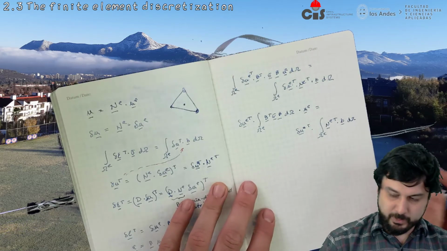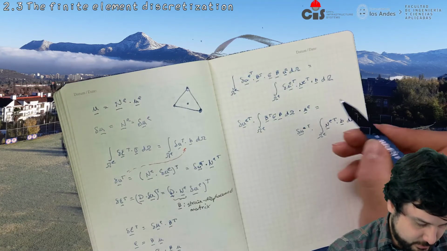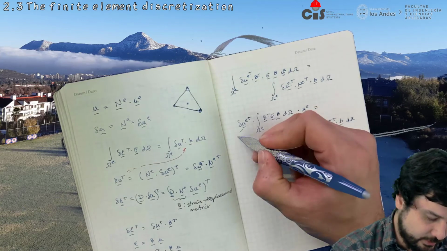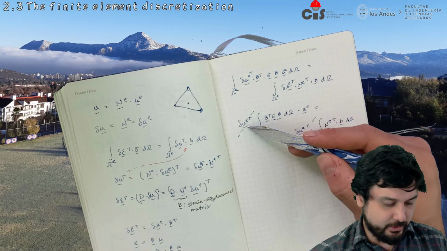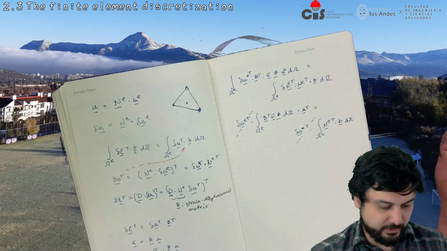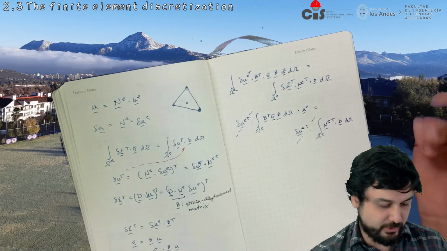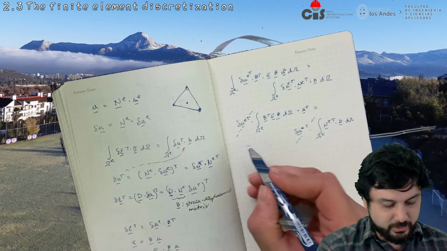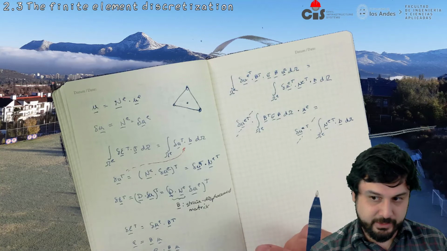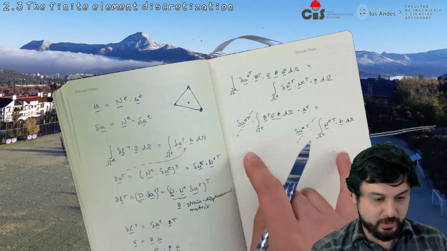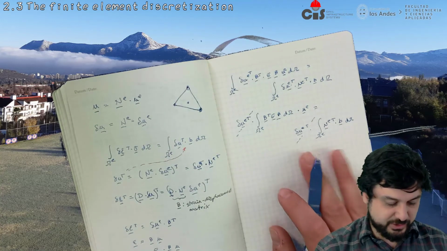And then what we have here is basically what follows. You want these to cancel out, and the reason you can cancel those out is because you can choose them to be whatever you want. They're virtual, so this equation has to hold for whatever choice of delta UE you have. So you could have the vector 1 0 0 0 0 0, so 1 followed by 5 zeros, and that would give you one equation, and then the next one is going to be 0 1 0 0 0 0, and that's going to give you another equation. So in the end, you have a set of 6 equations